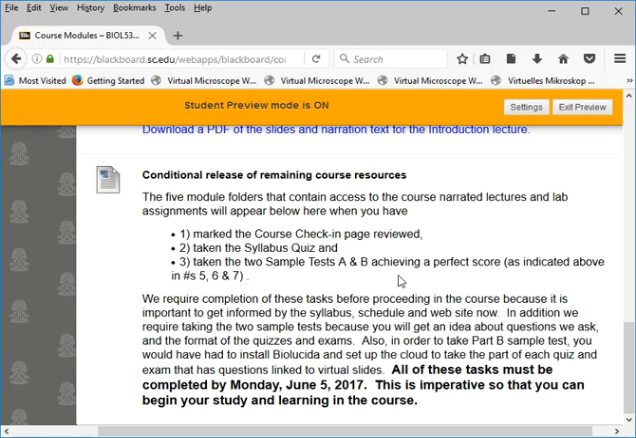perfect score. And under the sample test explains why, but essentially it's because we want to make sure that you are interacting successfully and taking a quiz in Blackboard, and also that you can take part B, which depends on you having the cloud set up in Biolucida that we direct you to set up when you click on the Biolucida lab resource. So this is all to make sure that you are well equipped, technologically speaking, to go into